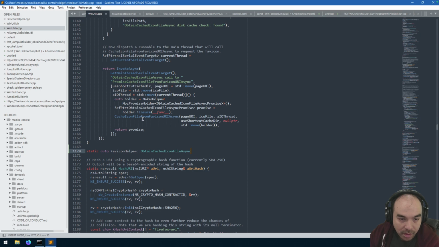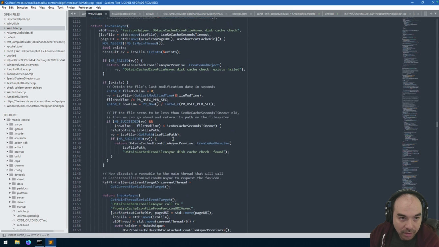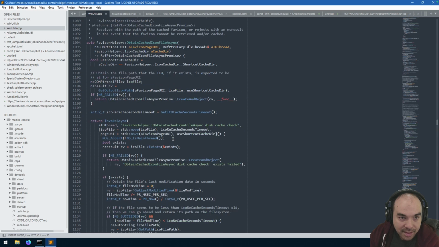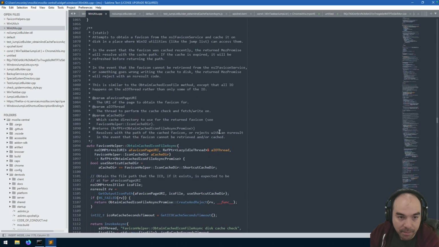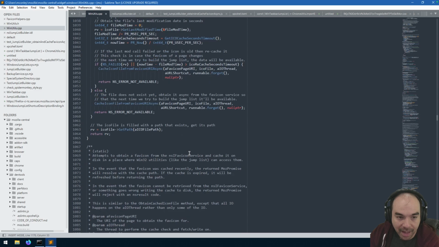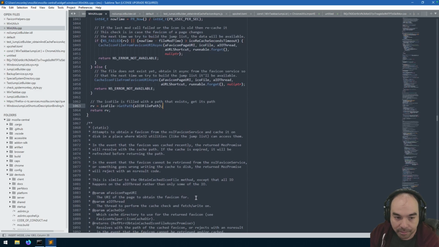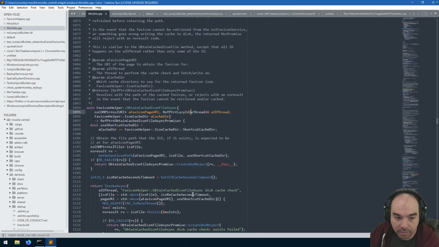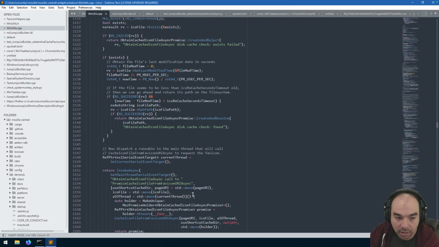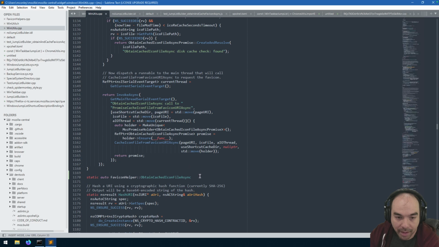Obtain. So what would be a good name for this method? This one was called obtain cached favicon async. The cheap and easy way is you call it like obtain cached favicon async helper. And that's maybe not a bad idea.